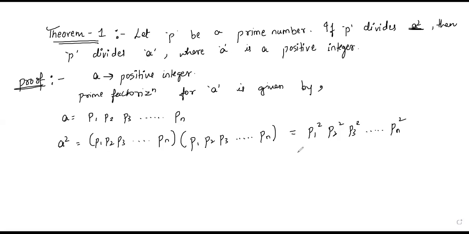Ma'am, I have a doubt. Yes, sir. Ma'am, what is pn? Pn is infinity, ma'am? You can take up any value. It is nothing but a positive integer. See, if n is taken as 5, then it will go on up to p1, p2, p3, p4, and p5. It will stop at 5.